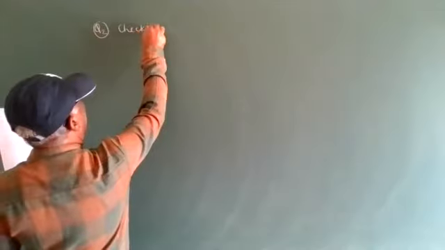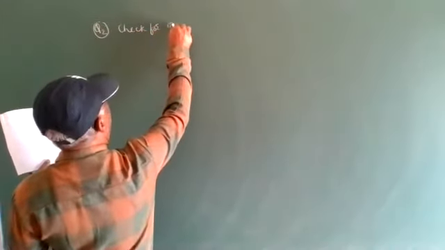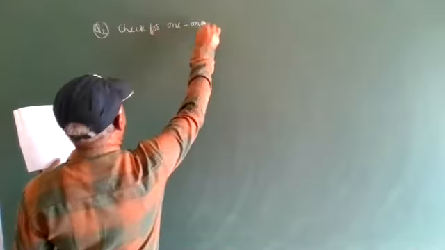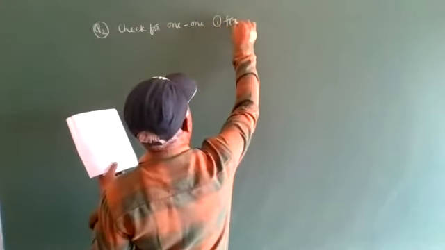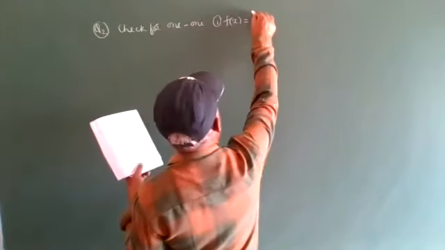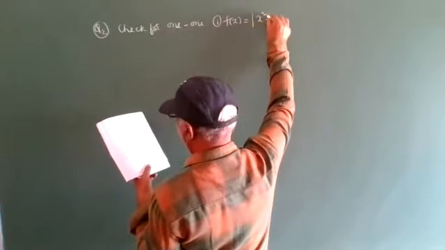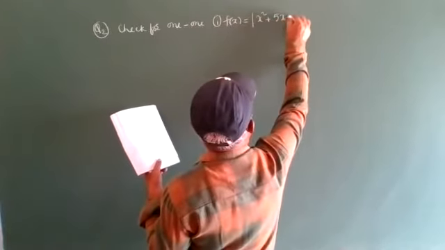Right. So now I will explain that part also. Everyone see, last class we discussed the second question, I will write it on the board. What is the second question? Check for one function. So the first bit is f of x is equal to modulus of x square plus 5x plus 6.